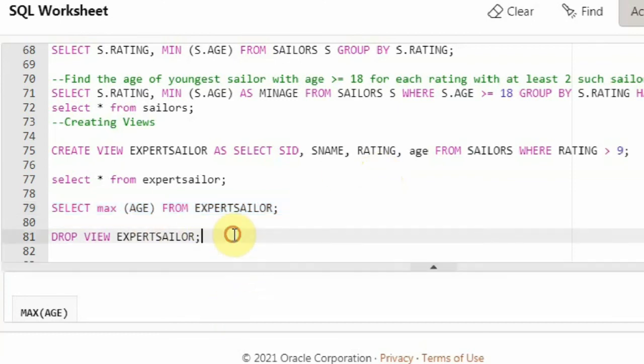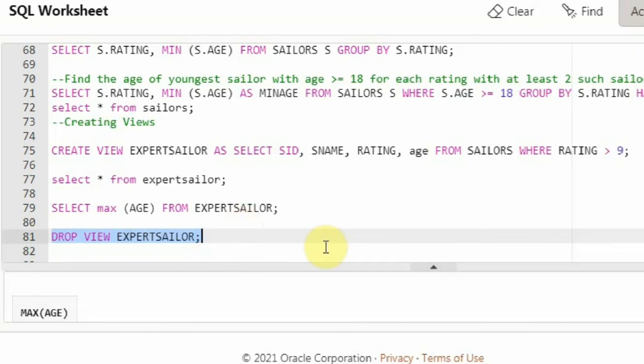Like how you create tables and drop tables, in a similar way you can also drop views by using the drop command. I can say drop view expert sailor, since this is a view. This is the command I will be using to drop views. After you finish using it, if you no longer need it, you can delete it.